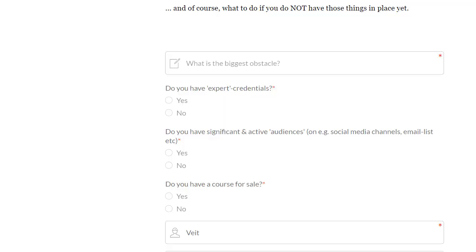Hey, let's fight here with a tutorial on how to do an ask campaign in Kartra. And it's kind of a special version of how to do an ask campaign, because in Kartra what you can't do at the moment, hint hint, is have a nice big text field here. So what we'd like to have is a big text field where people can talk about their biggest obstacle, because